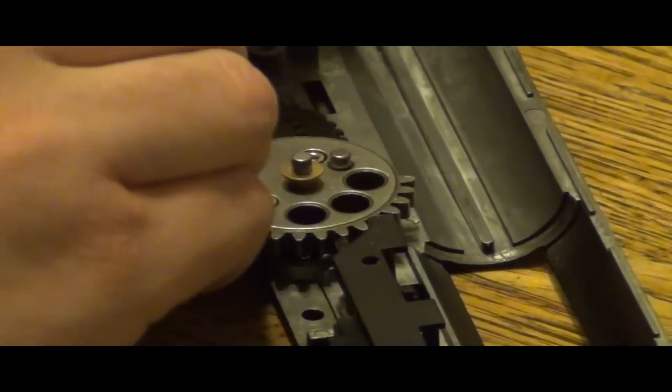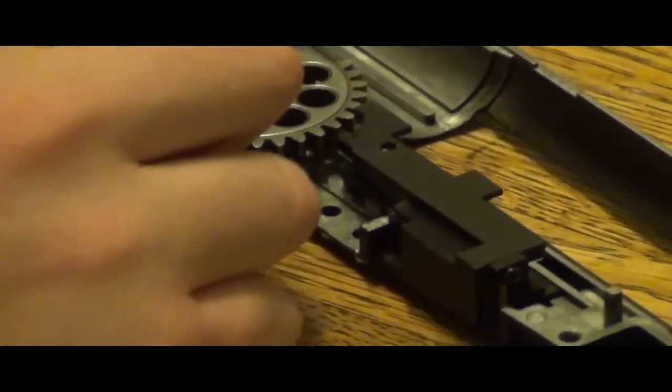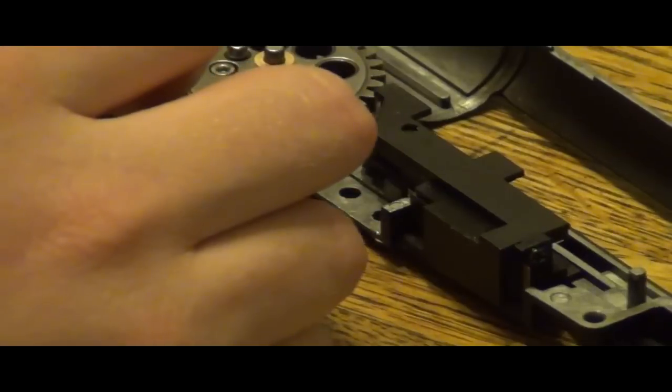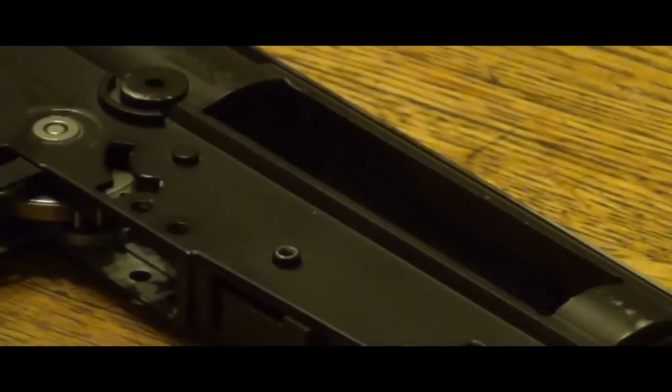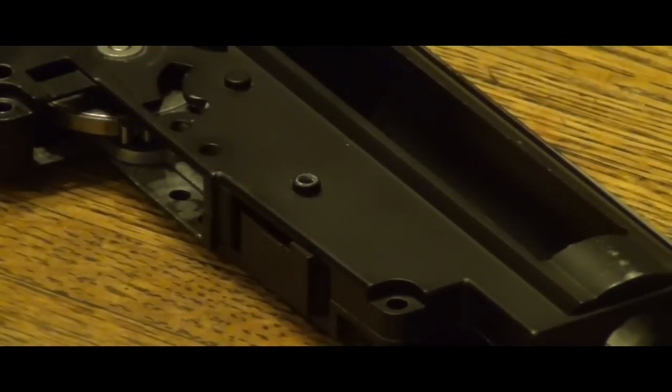But what you want to check for definitely is that it's working properly. So you want to rotate your gears and hear it click, which I can. And you want to close the gearbox shell and tighten it. And you may also want to try this in the body eventually. The reason for that is because